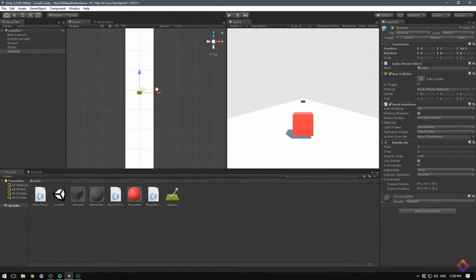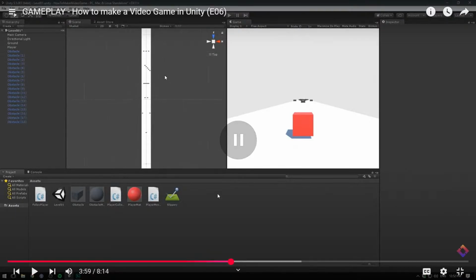Alright, so let's begin with this in the center, and then press Ctrl D, or Command D if you're on the Mac, to duplicate the object and move it over while holding down Control. And you can just repeat this process. So you can see I've created a